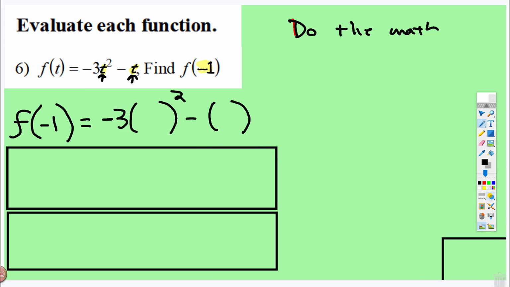Notice what I write. I write f of -1, because instead of t, we have -1. Instead of t, I'm going to put a parentheses. So -3t squared subtract t. So where there are variables, the variable t, I put parentheses, and now inside the parentheses,